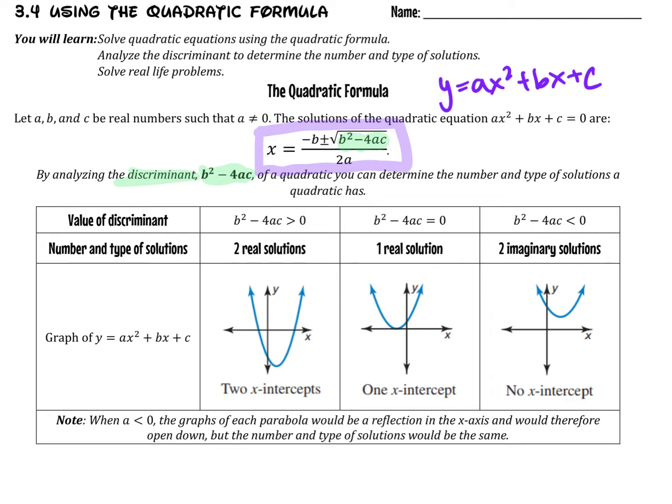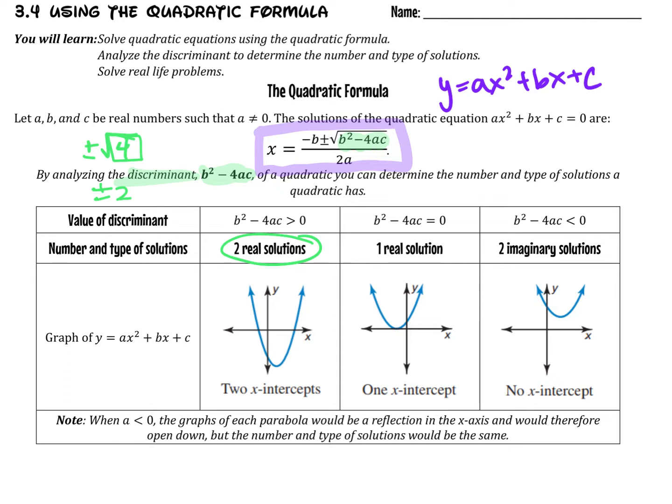So if we were taking the square root of, let's say 4, then what we're doing is adding and subtracting 2, which means we're going to have two real solutions. So if the number inside the square root, if that discriminant value is positive, then we're going to have two real solutions. If the number inside the square root is negative, so